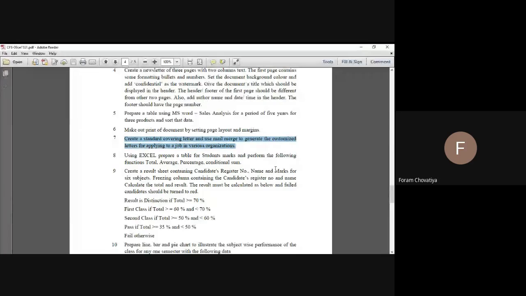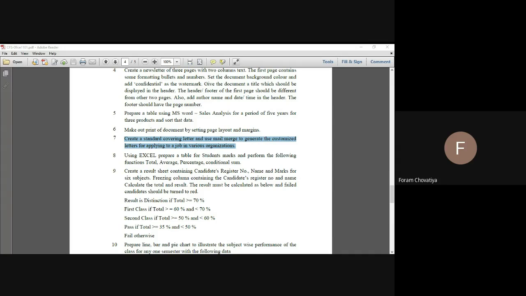Yes or no? Now understand? Okay, now we will move to practical number 7, but this practical we can't perform right now because it requires some software named Outlook. Our lab area has that software, so we perform it only in the lab. And right now you don't have a laptop with you, so we can't perform practical number 7.